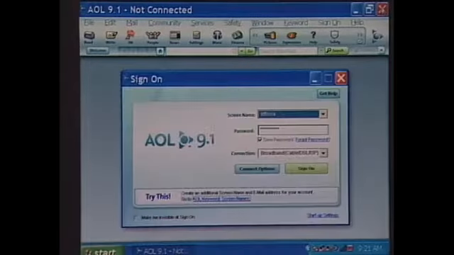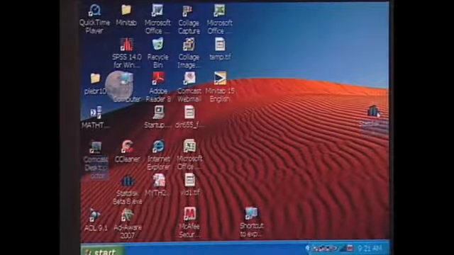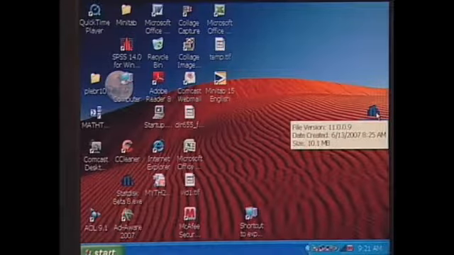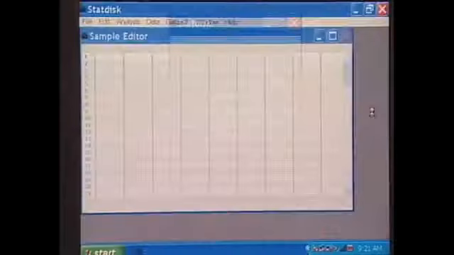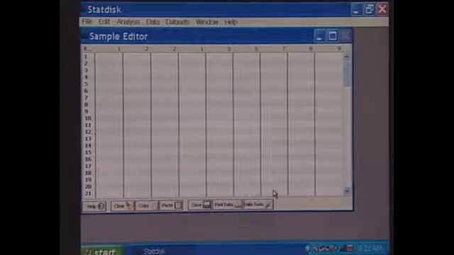And I'm just going to do a really quick demonstration of StatDisk on the computer. So I'm going to switch over to the computer now and click on StatDisk to activate it. So you just simply have to download it to your computer. Click OK to get it started. And on the StatDisk screen,